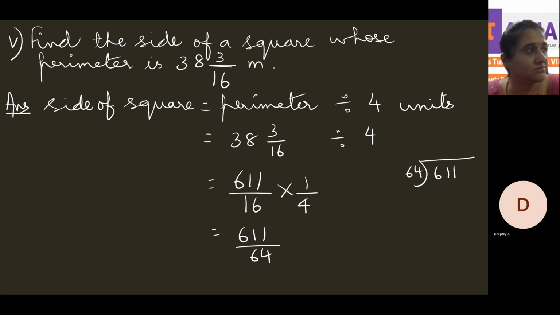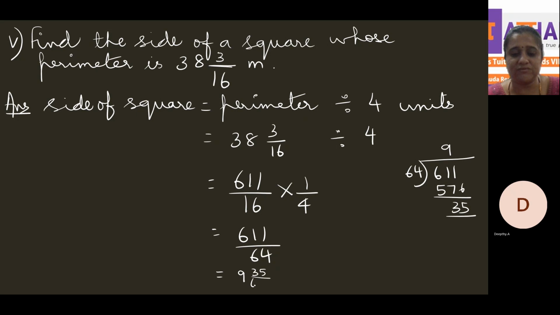What is it? Yeah, you will get a remainder. Yeah, so the quotient is 9, is it? What is 64 9 times? Louder, louder. Correct. And what's the remainder? Correct. So the answer is, that is the side of the square is